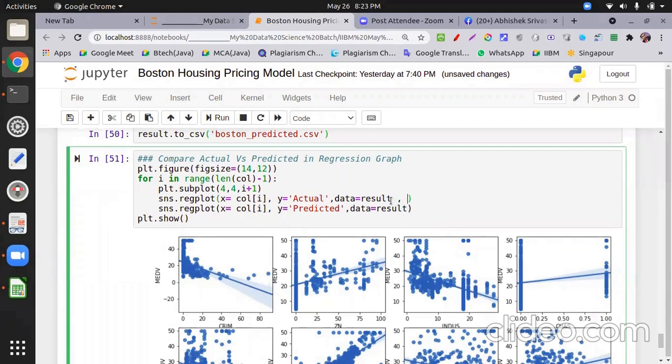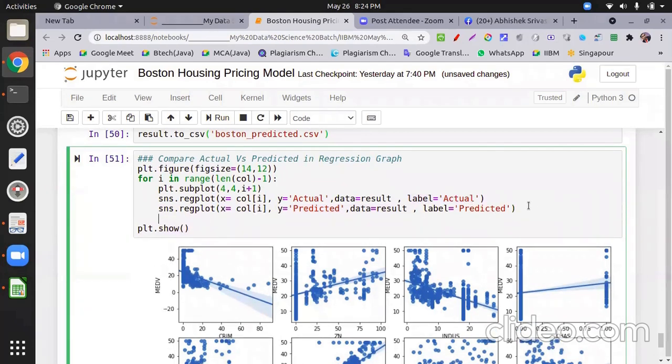It's a concept of plotting. When you have two lines, you have to indicate which color shows which thing. So I take label equal to actual. Similarly, we take label equal to predicted. Then I put one more thing, plt.legend. What does this do?